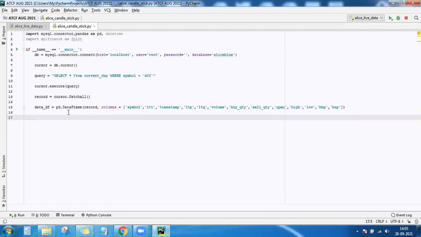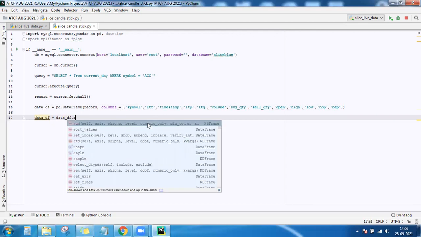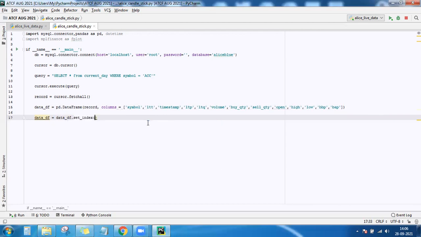The index is in the form of numbers starting from 0. But what we want is whatever last traded time is there, that I want to make it as an index. Dot set index. I want to set the last traded time as the index.